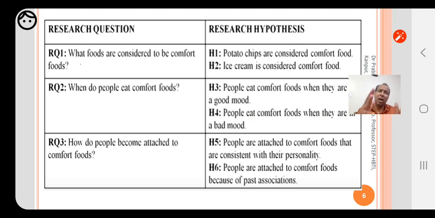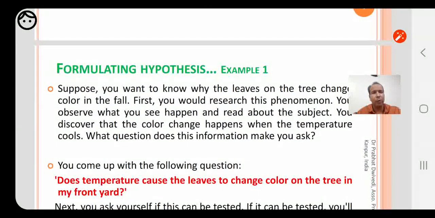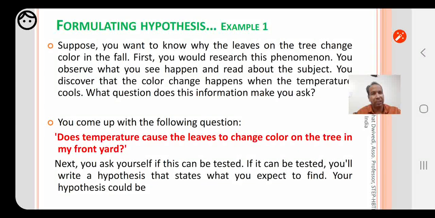So now we can see how a research question can be converted into research hypothesis. That's happening over here. So that is what we need to do. We need to convert a research question into research hypothesis.